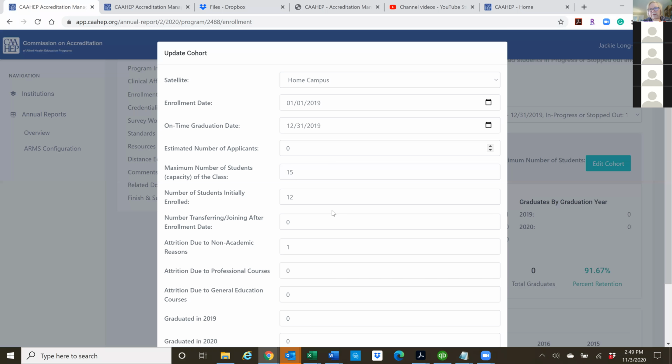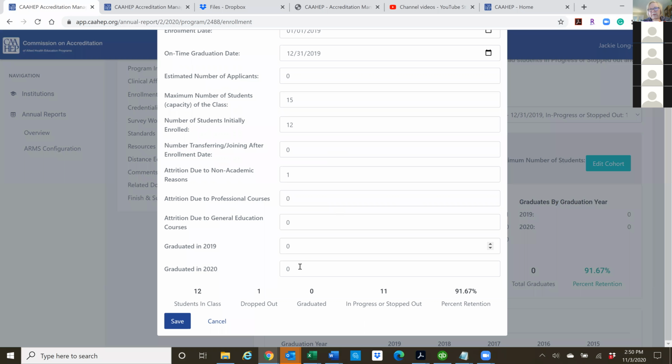So you're saying, okay, so on 2019, I didn't put the graduates in. So they graduated in 2019 and we had 11. And so now that changed your in progress or stopped out as soon as you put your graduates in.